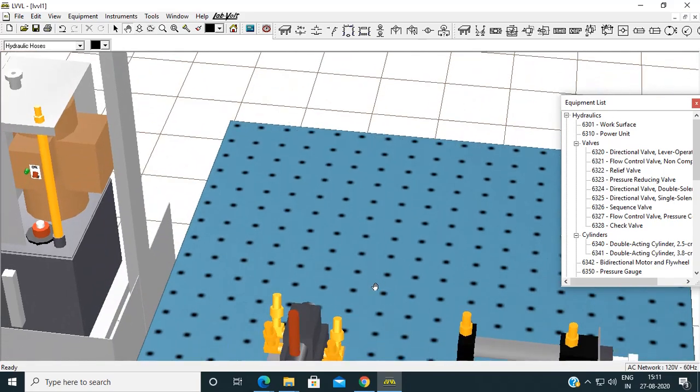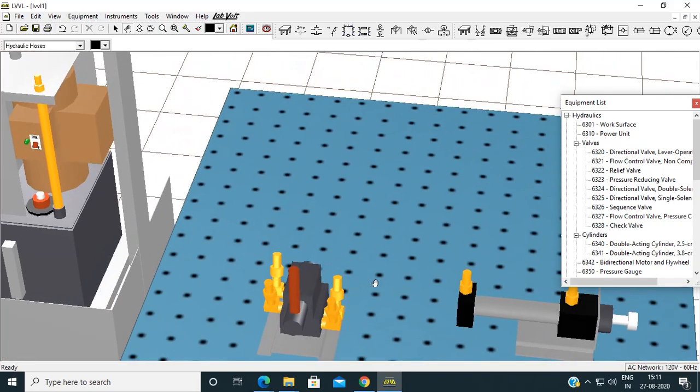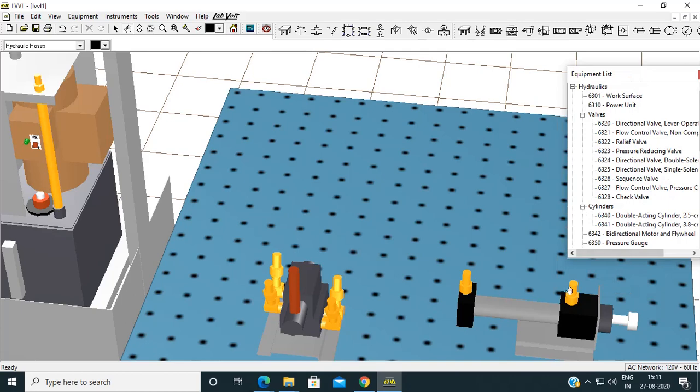Here you can see various ports: this is the end cap, then connecting rod, piston. This is the rod end port, this is the cap end port.